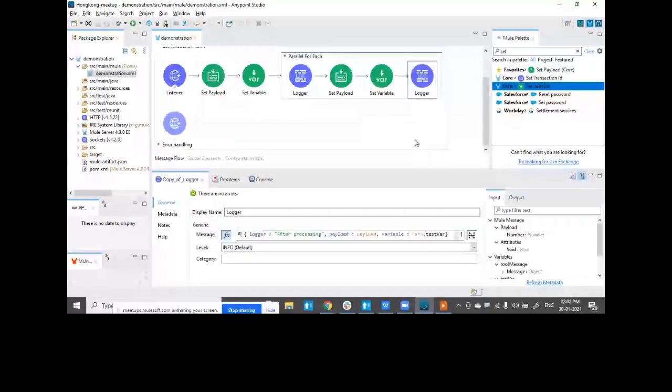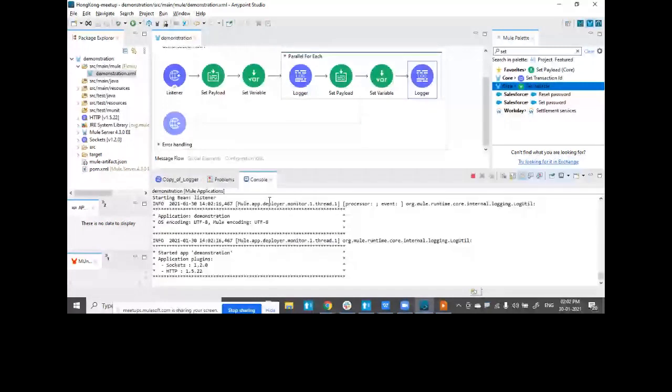After processing the data, what happens? Let's go back to the console, application redeployed. I'll clear the console so that I can show you better the data sent. You see over here the changes. So here if you observe, payload, initial payload I got 1, then 3, then 2.